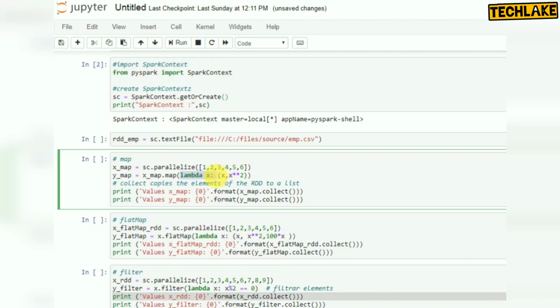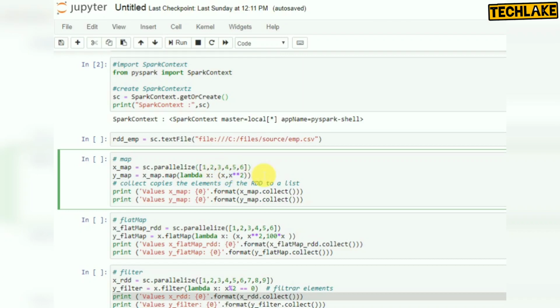Here, this x will take the value, and it will print the value first, and the second one is the square of that value. For example, 1 square, 2 square, 3 square, like this.